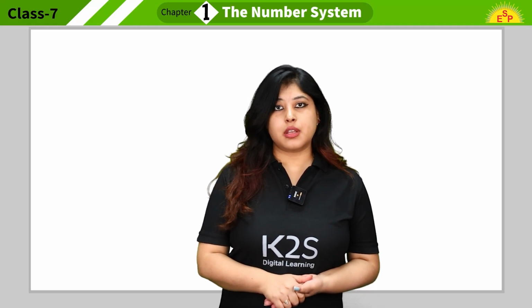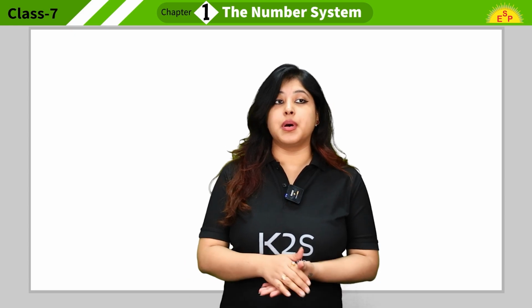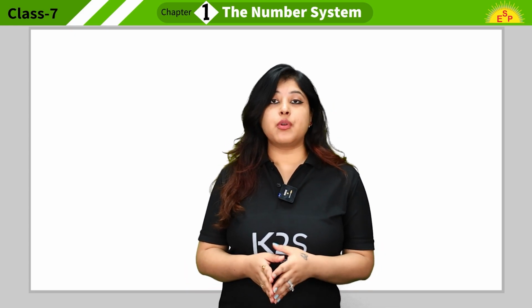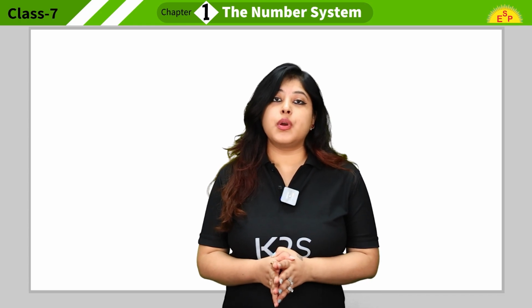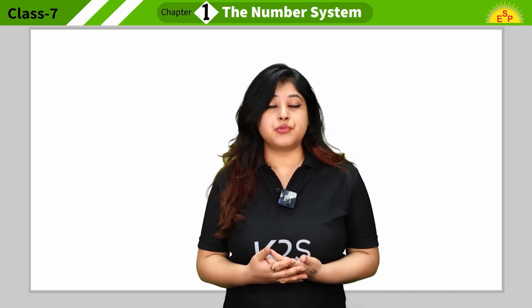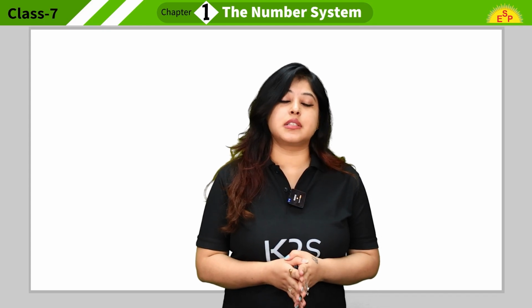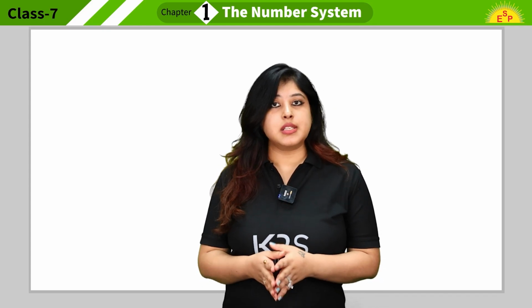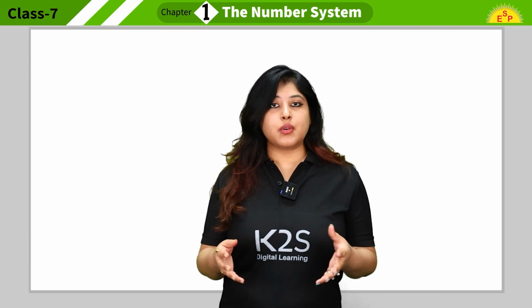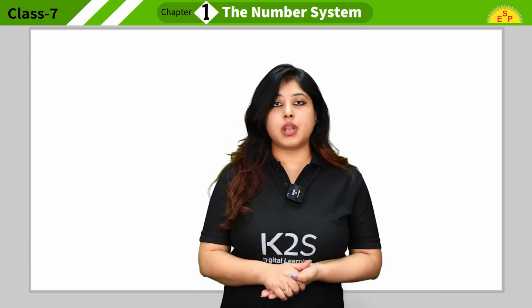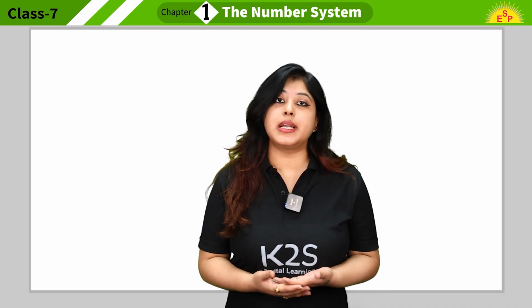Today we'll start with a new chapter, the number system. So, a computer is an electronic machine which can do calculations very fast. So, it does not understand the language which we people use to communicate with each other. It only understands the discrete states, that is on and off. So it only recognizes two discrete states, on and off. So the numbers 0 and 1 represent these states.